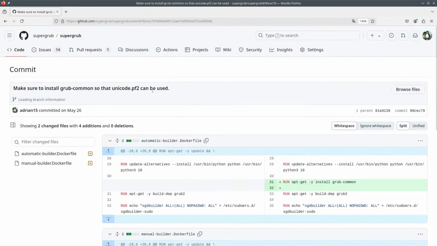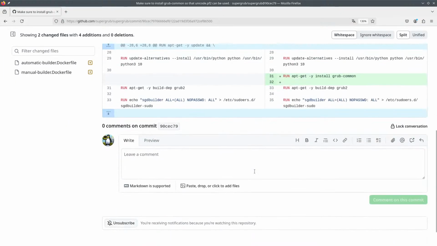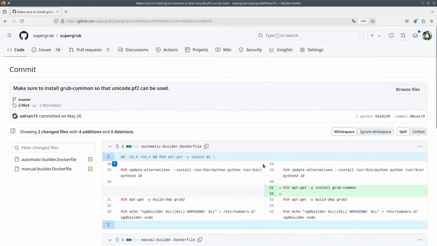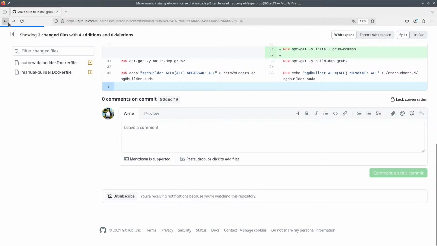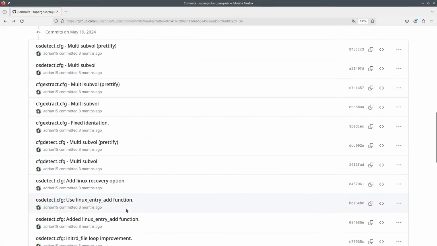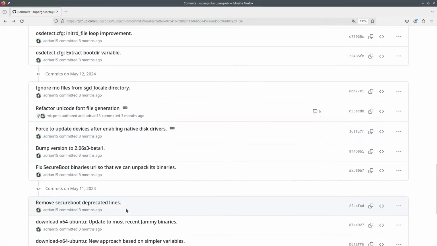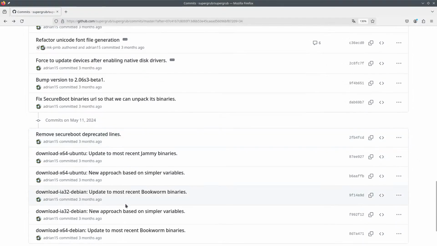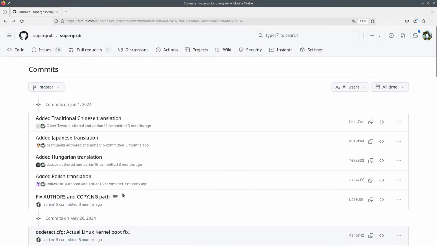Yeah, okay, look at that. Make sure to install this so that Unicode PF2 can be used. I mean, we already have Unicode PF2 on the ISO, so the only difference is that